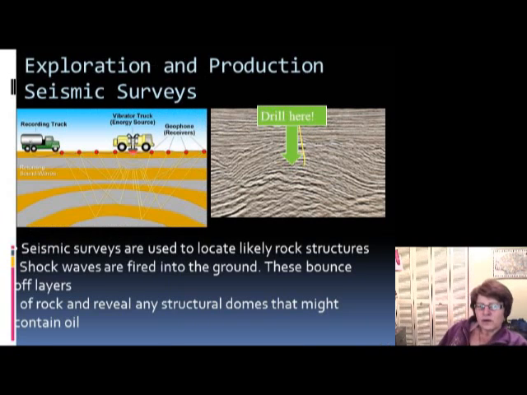Okay, so how do we find the oil? The first thing which scientists do, and it's relatively cheap, you know, running a seismic survey is definitely not very cheap, but much cheaper than drilling an oil well, not knowing where to drill it. So what seismologists or geophysicists do is they have two tracks going after each other. One is the vibrating track, and that is what generates the seismic waves, and the other one is the recording track. The recording track has geophones,